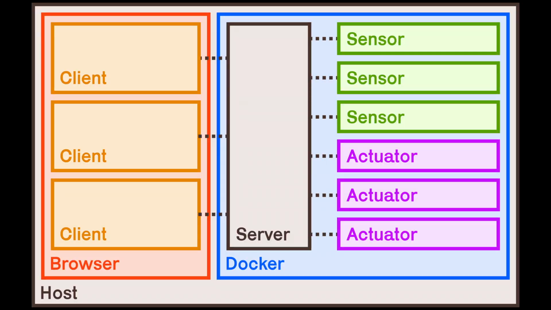Let's take a look at my planned topology for this network. Currently, I have only implemented the sensors and the server, both instantiated in Docker. The actuators are next, but they will not take much more work as their code will be very similar to that of the sensors. My intention for the client is that the server will be hosting a website displaying all